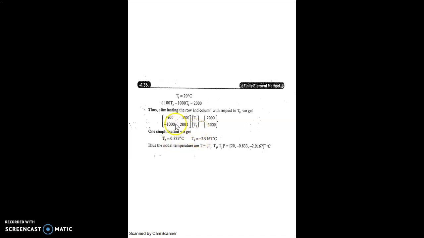In this case, with the help of calc, you have to solve for T2 and T3. See here this is T2 and this is T3. It was mistaken here, so this is T2 and this is T3. With the help of calc equation mode, with two unknowns, find the values of T2 and T3. Then just mention all the values of temperature. That's it.